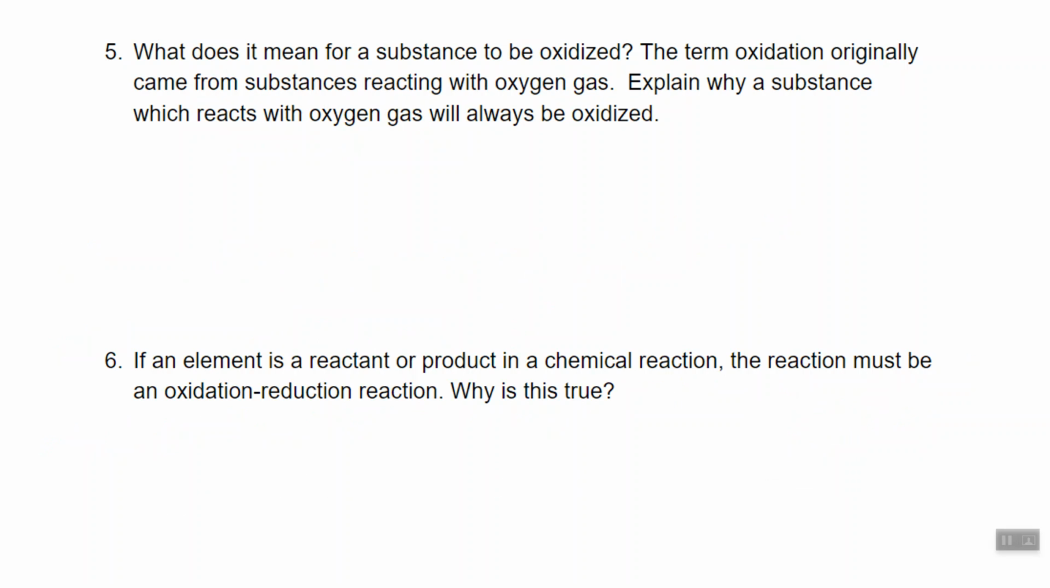So what does it mean for a substance to be oxidized? So oxidized means that we are going to lose electrons. So the oxidation state is going to increase. So if you think about something reacting with oxygen gas, it will be oxidized. So if we take something like